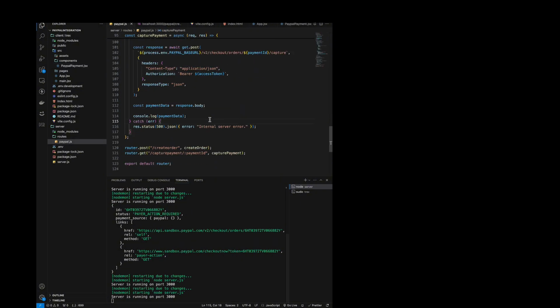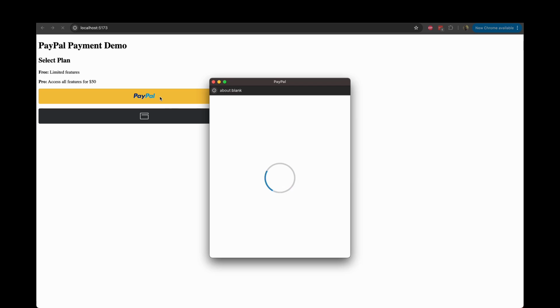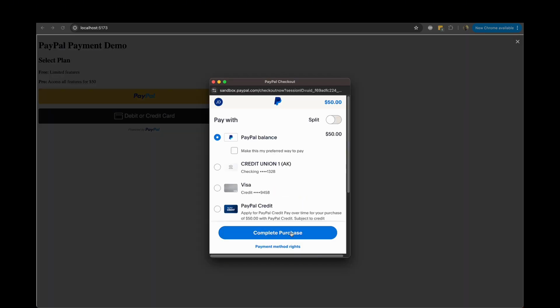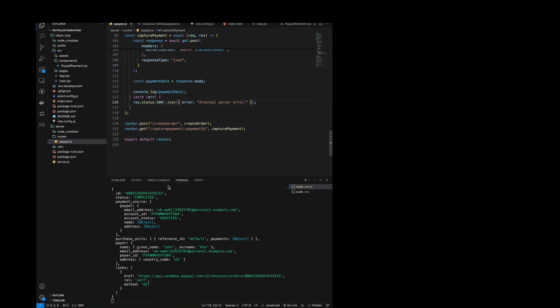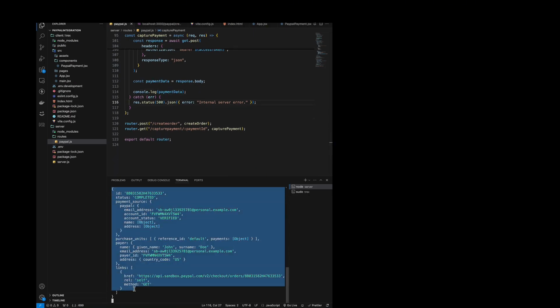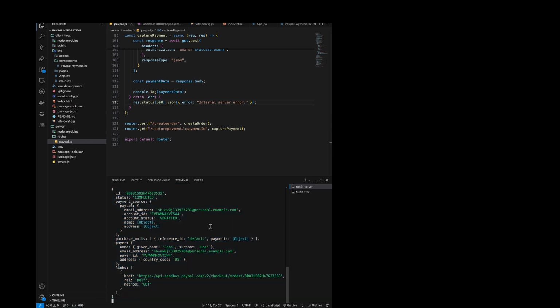Let's hit save, and let's make another payment. Let's hit refresh, hit PayPal payment. Alright, let's complete the payment. This is still loading because we're not returning anything from the response, so we'll fix this in a few minutes. But for now, let's just look at what's inside the payment data response. So as you can see, we have an ID, the status is completed, and then we have some more information